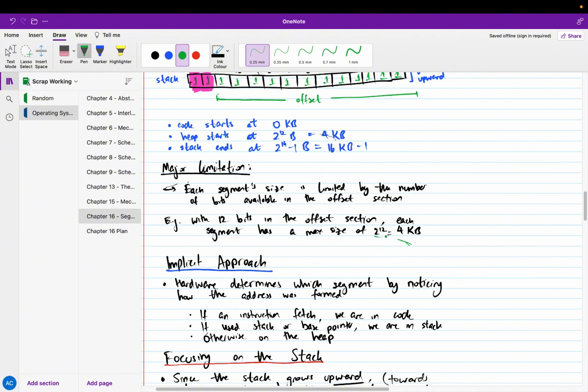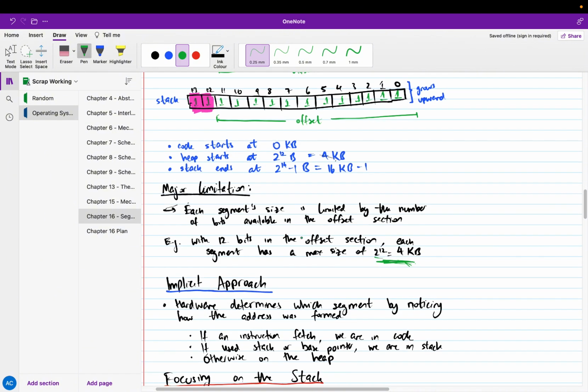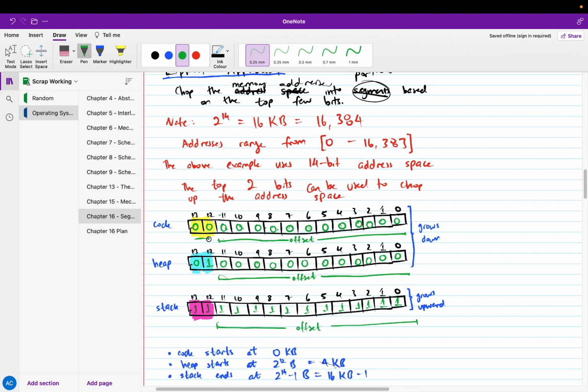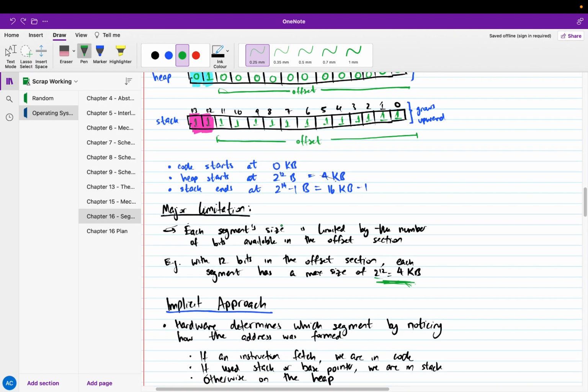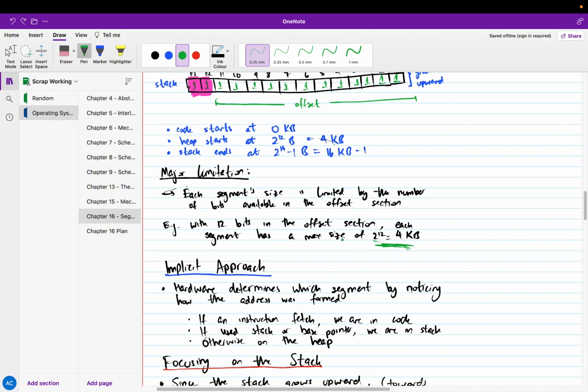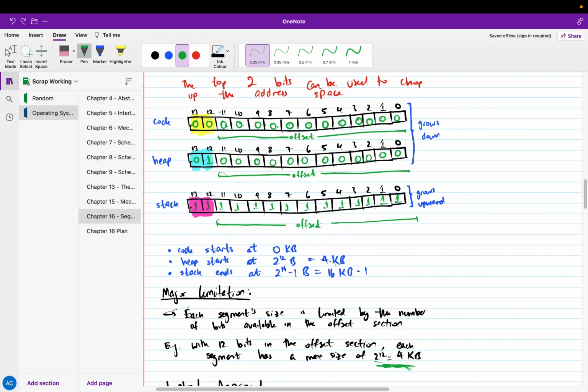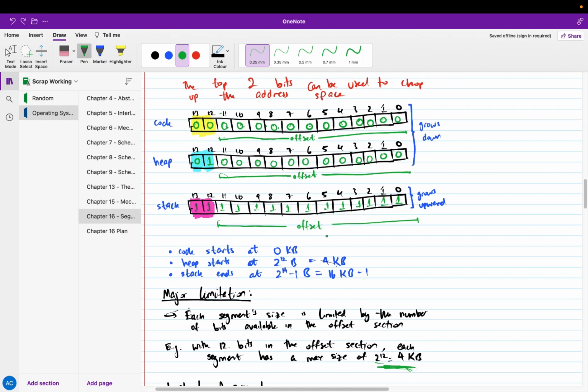Yes. 2 to the 12 is equivalent to 4 kibibytes. So with 12 bits in the offset section, I forget what this is called, segment section, I think. This is called the offset section. We'll see why in a second. But with 12 bits in the offset section, each segment has a maximum size of 2 to the 12 equals 4 kibibytes. You can only make 4 kibibytes worth of addresses when you only have 12 bits to work with,